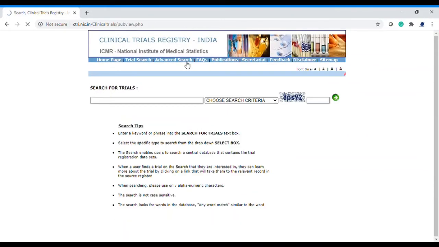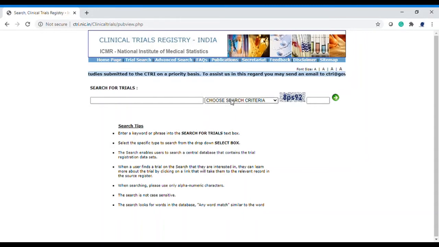Okay, moving towards the advanced search. In this particular advanced search, your search will be a completely narrow window, particular to the ethics committee or the particular sponsor pharma company you are looking for. For example, if you got a call from HR and they want to conduct an interview with you, and you are not aware of what trials are going on at their level, you can search here and find it here.